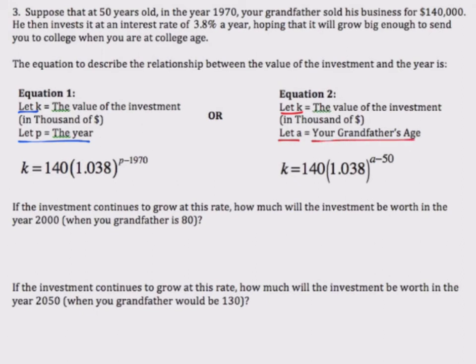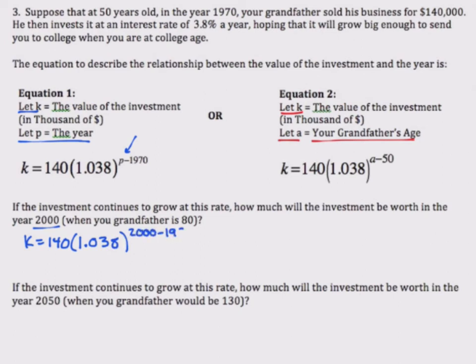So, first question, if the investment continues to grow at this rate, how much would the investment be worth in the year 2000, which is when your grandfather would be 80 years old? So note that if you look at the year 2000, it's best to use the equation that uses the year as its variable. So equation number 1. And all we're going to do is substitute 2000 in right there for P. So we find that the value of the investment will be K equals 140 times 1.038 to the power of